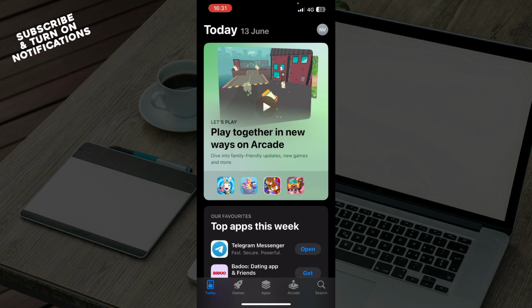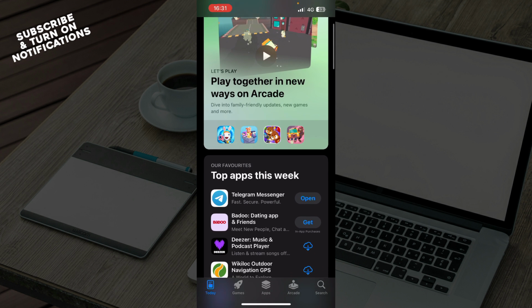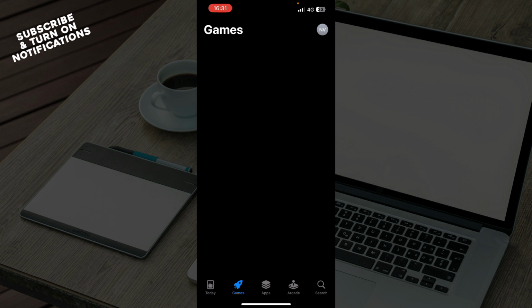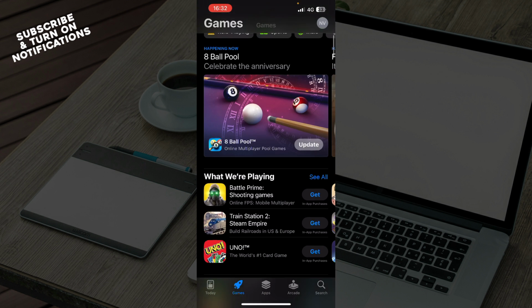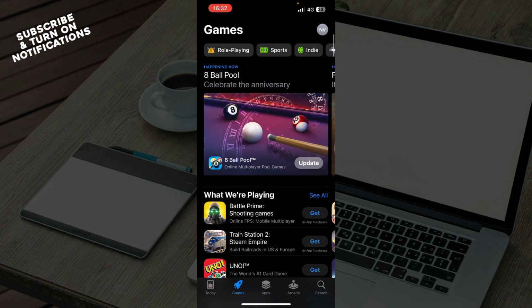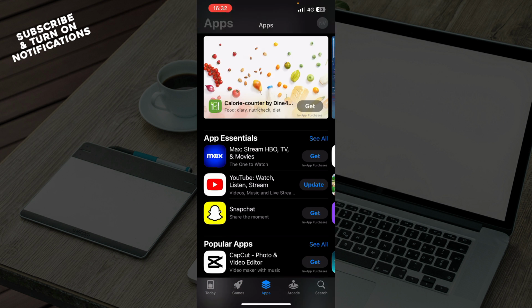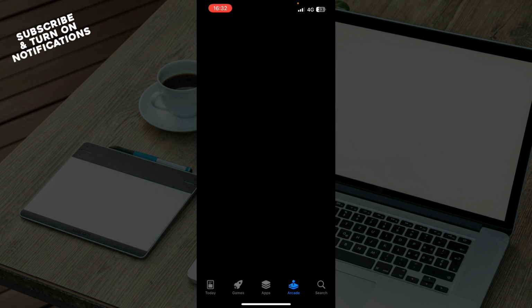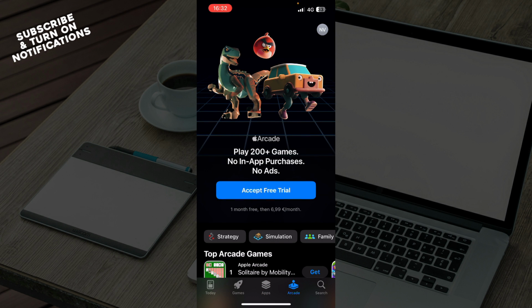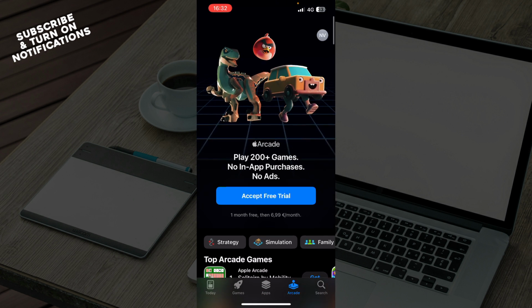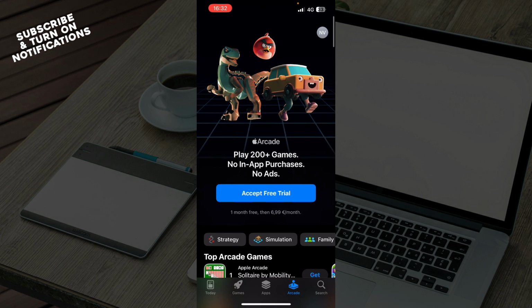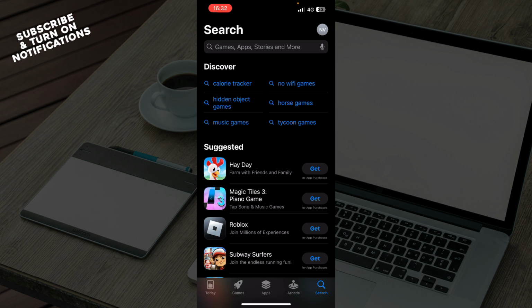Now we're on the Today screen, as you can see on the App Store, and we can see plenty of stuff here. We have the games, where we can find only the video games. Here we have all the apps that we can get on this App Store. Here we have Arcade, where we can see some arcades and buy them or get the free trial if you want. At the end we have the search bar and the suggested stuff, where you guys need